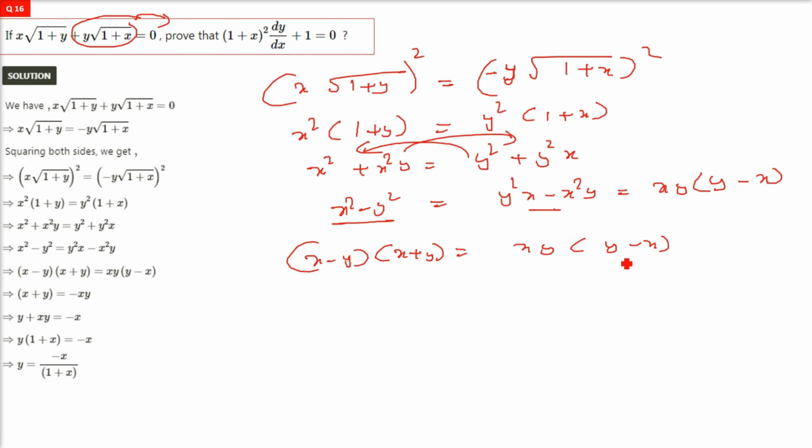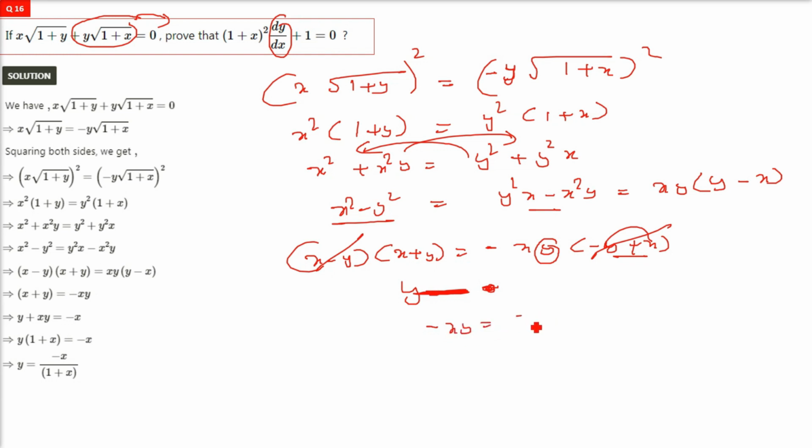We can cancel x minus y and y minus x, but there will be a negative, because let us make it negative. It will be x minus y. So let us cancel these two out, but there will be a negative. And take y on one side and the others on the right hand side. But still there is y on either side. So we need to manage this such that we get only y on one side and other things on the other side. Alright. So we have this minus,